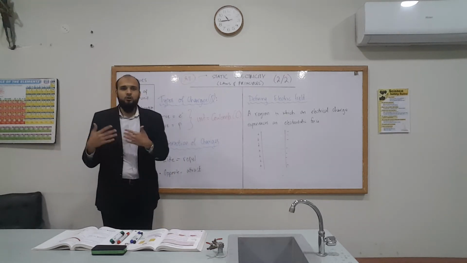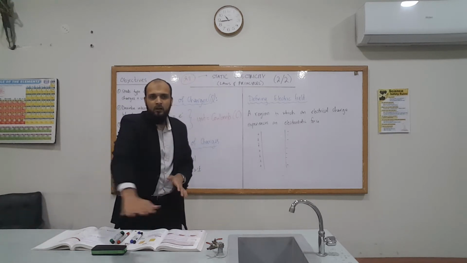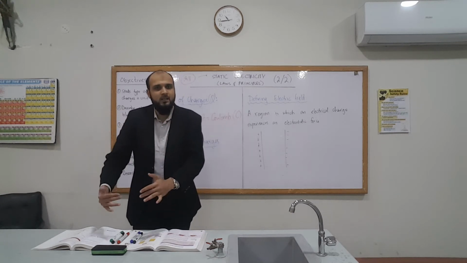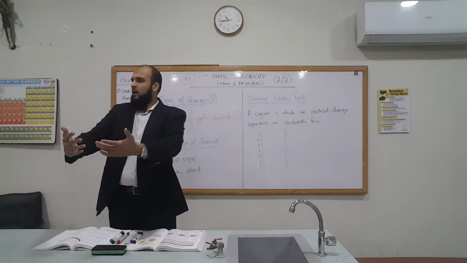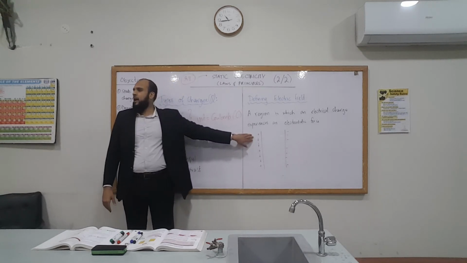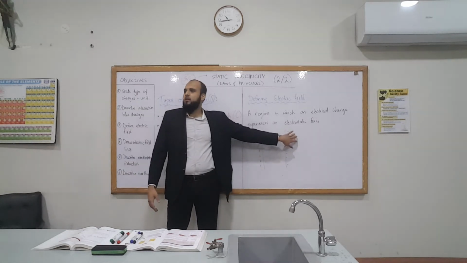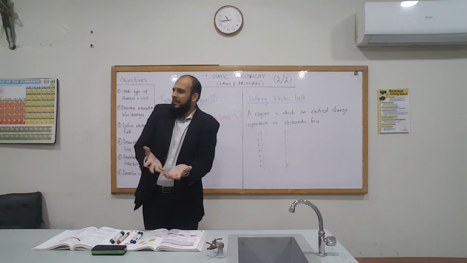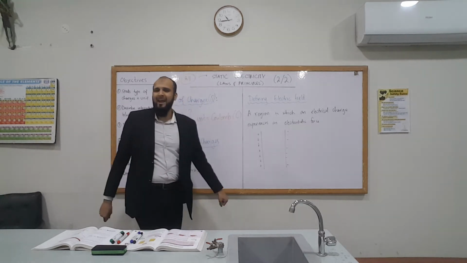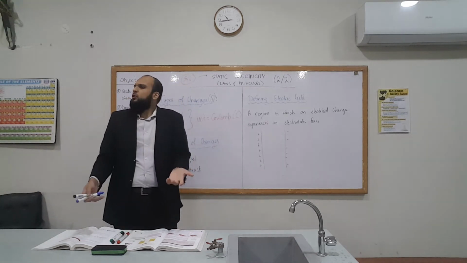Last time we actually discussed that due to friction, when two insulators rub against each other, some of the electrons can get transferred from one surface to the other. The surface that's losing electrons gets left behind with a relative positive charge, and the surface that's gaining electrons is going to have a relatively negative charge. It's got an excess of negativity with it, right? So this is a distribution that we have.